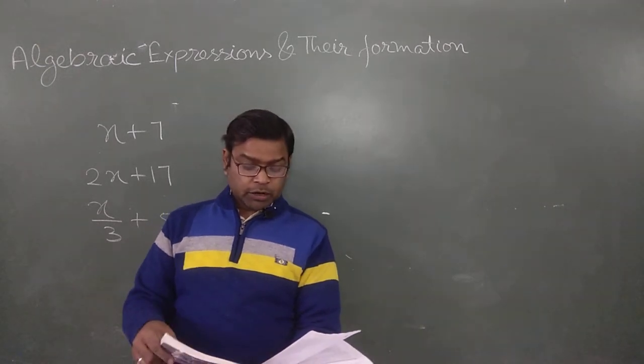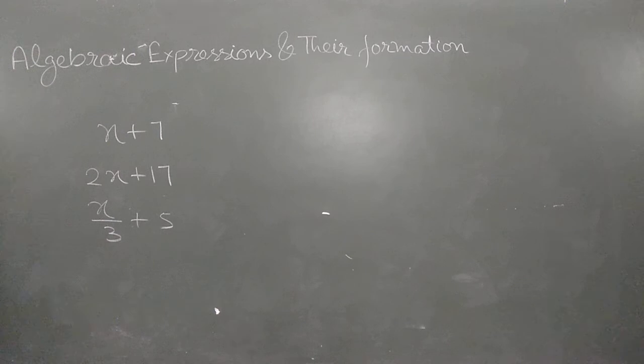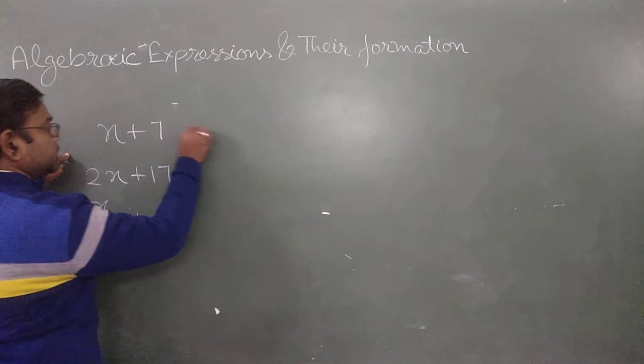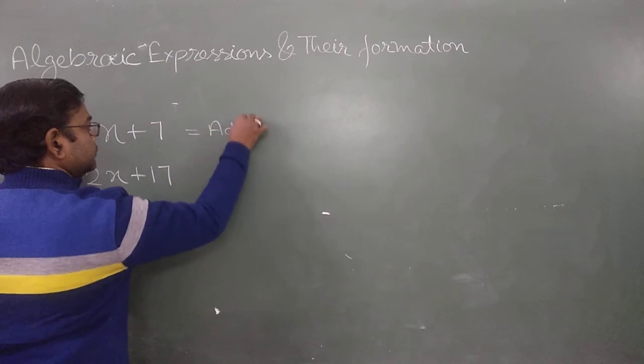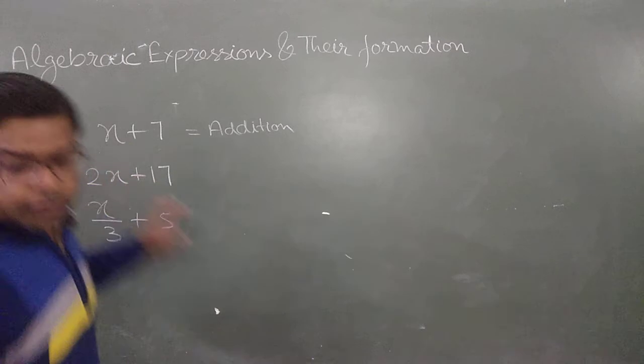So in this case, how do you write? You have to first identify which operations you are going to do for the given expressions. Clear? I think it's easier for you to see which operation is going to happen and how it works. Let's start. How do you write here? Which mode of operation is there? It's an addition. Operation is addition. So how do you write in your copy?